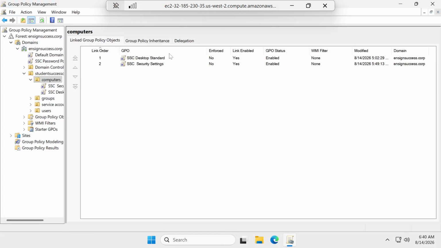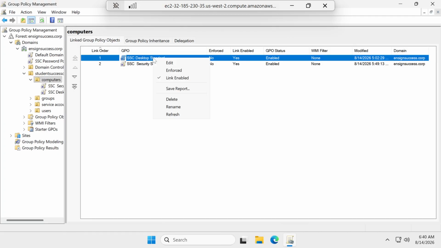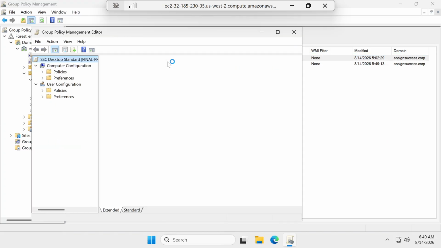The first is SSC desktop standard. There you can right click on the GPO and click on edit,